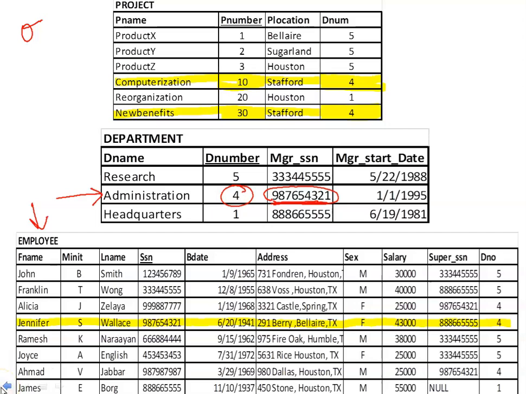Converting this into a relational algebraic expression, the first task, we make use of the project relation. Apply a select operation where P location is equal to Stafford.